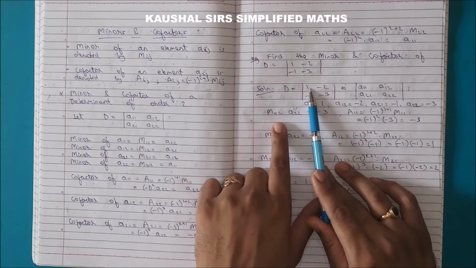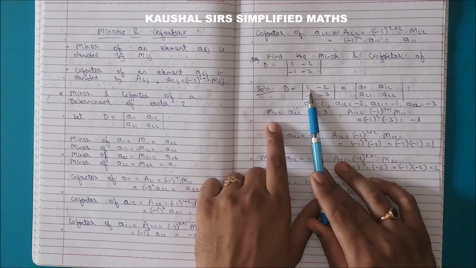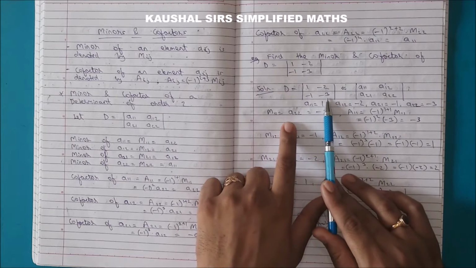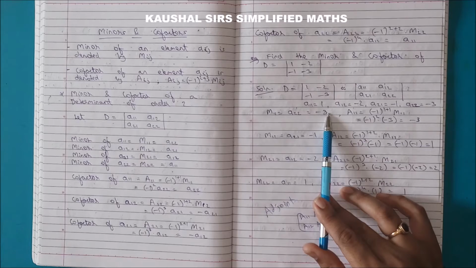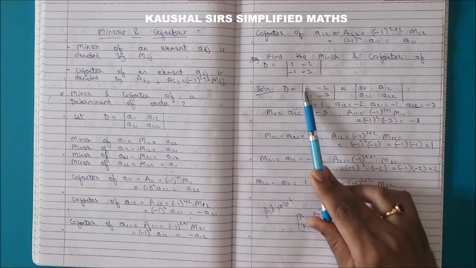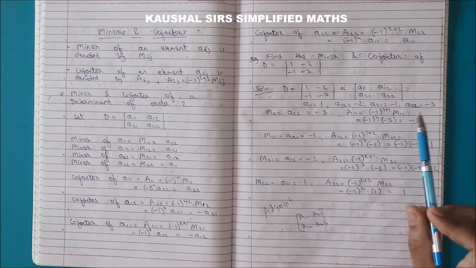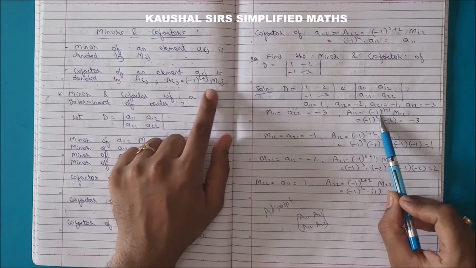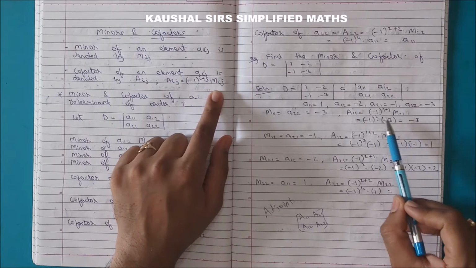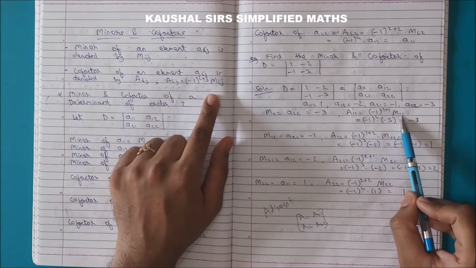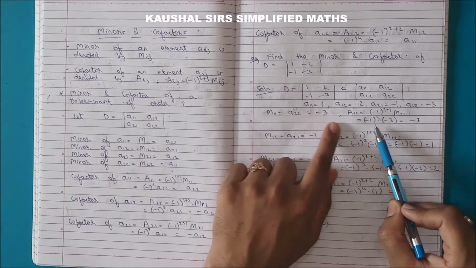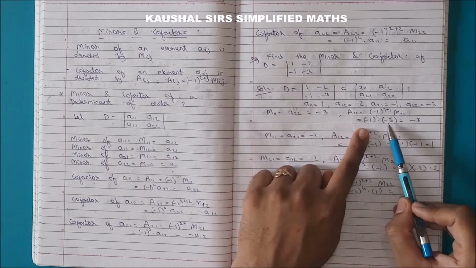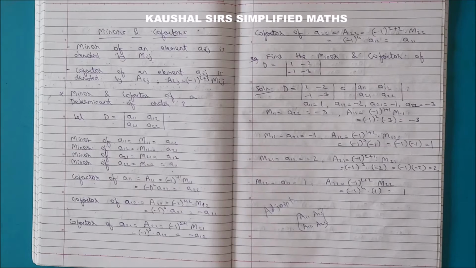इसका माइनर सिंबल होगा कैपिटल M11 and it is what? A22. तो इसका diagonally opposite element है -3. So we have found out the minor of A11. Now we go for the cofactor. Formula is -1 raised to 1 plus 1 into M11. So -1 raised to 2 into M11, क्या है हमारे पास? -3. So this is going to be +1. 1 into -3 is -3.